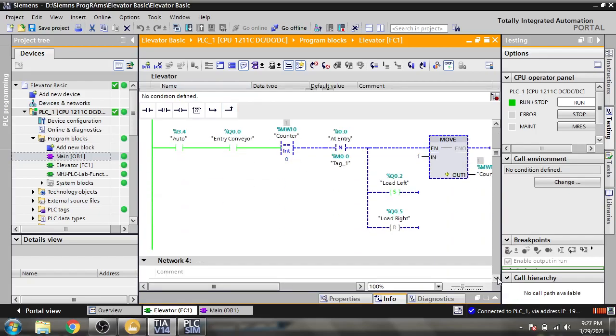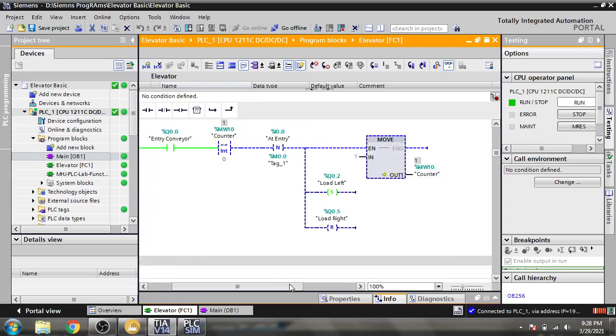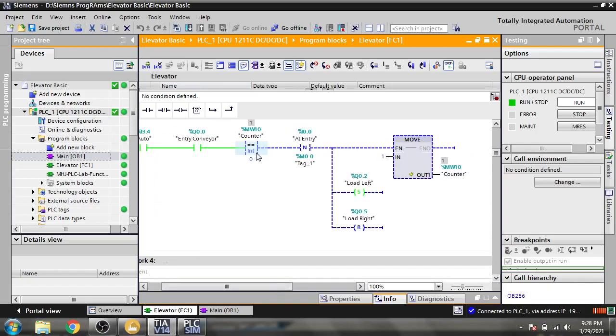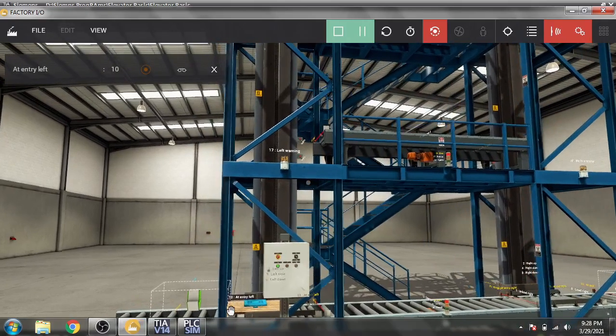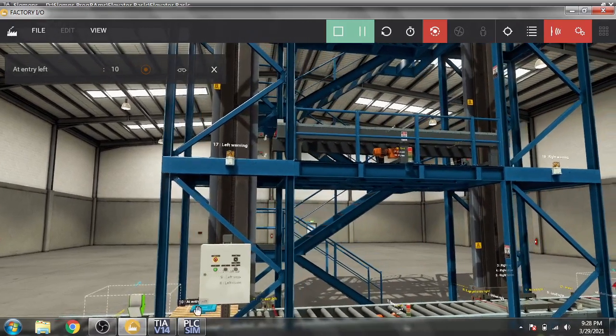Now you will see, first, if the counter is equal to 0, the entry conveyor must be on. Counter is 0 and at entry sensor. Here is our at entry sensor. At entry left, in the right place, there is our at entry sensor.